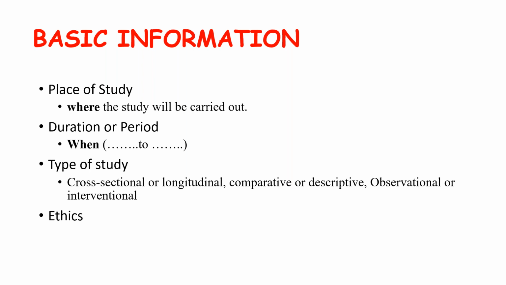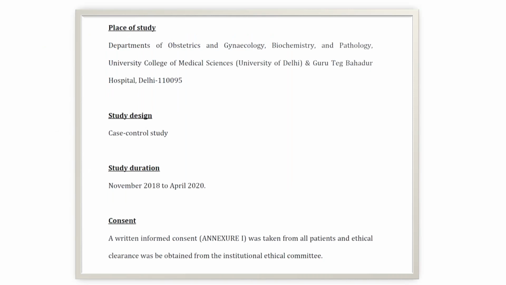So the ethical things you have to write in future tense. I'll just give you an example. So here you can see the place of study. This was a thesis from the Department of Gynecology in which I was a co-guide. So biochemistry is mentioned, and then some of the work was done in pathology. So all the departments' names are mentioned, and of course